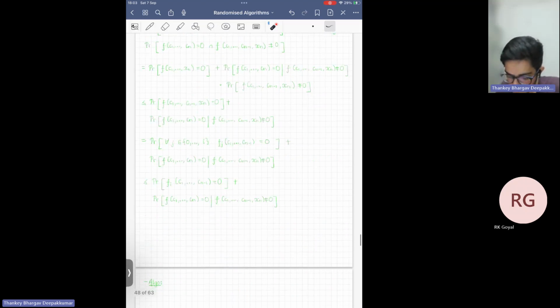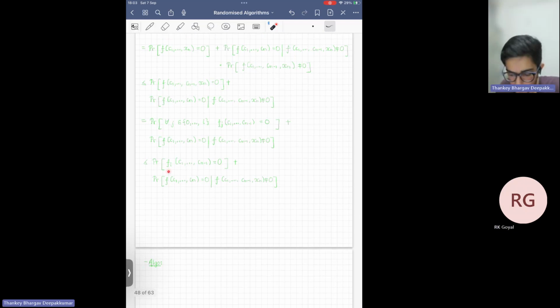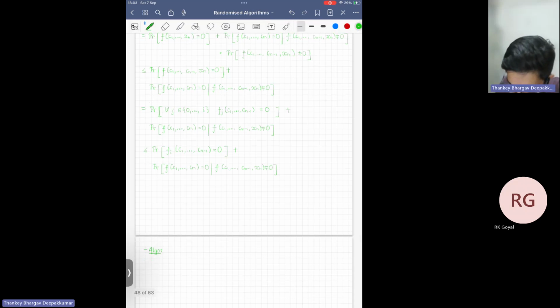Okay, so now let's go to here. Over here, what do I have? Fi, which is a non-zero polynomial, evaluated at random values becomes zero. This is a non-zero polynomial in n minus 1 variables. So by the induction hypothesis, the first part is at most